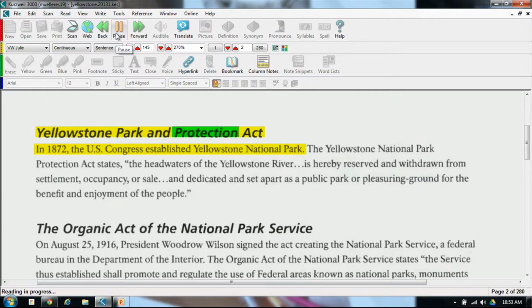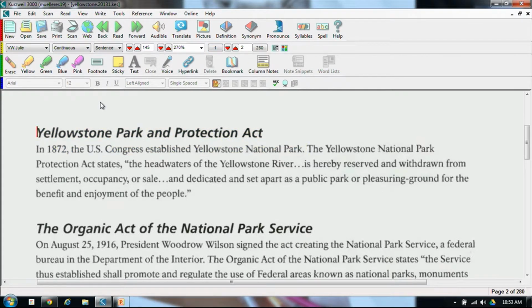Yellowstone Park and Protection Act in 1872, the U.S. There's all these different reading components, Zoom, words per minute. The cooler features that I wanted to show you are all these different highlighters and a sticky note feature.